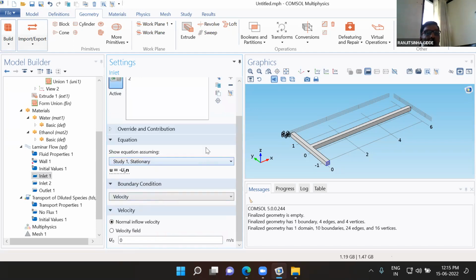Now, for this case study, I will select velocity, then normal inflow velocity. I will assume here